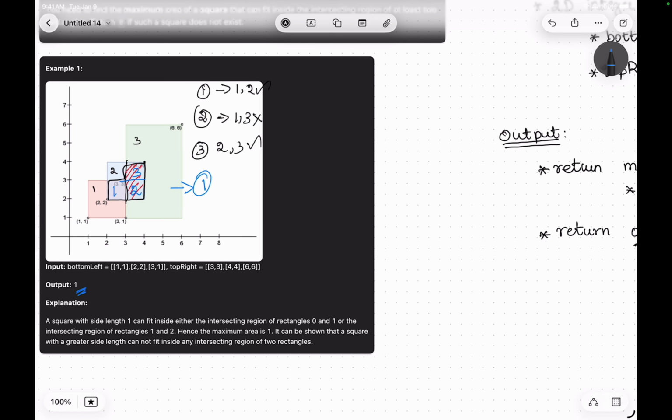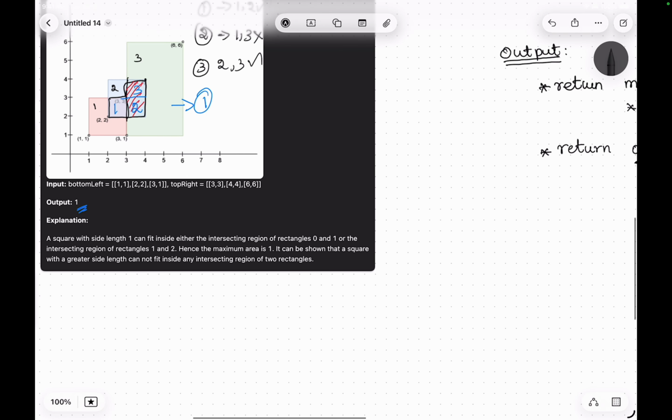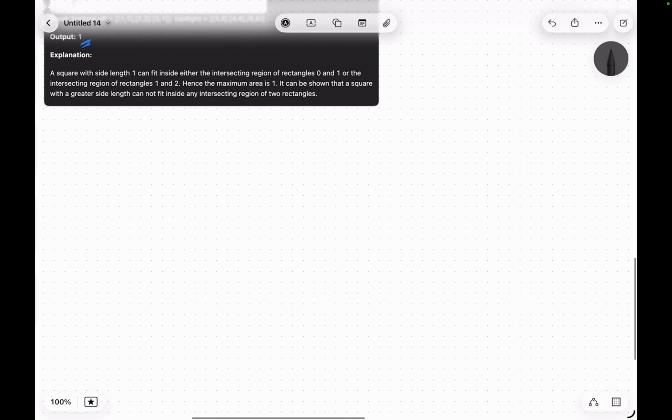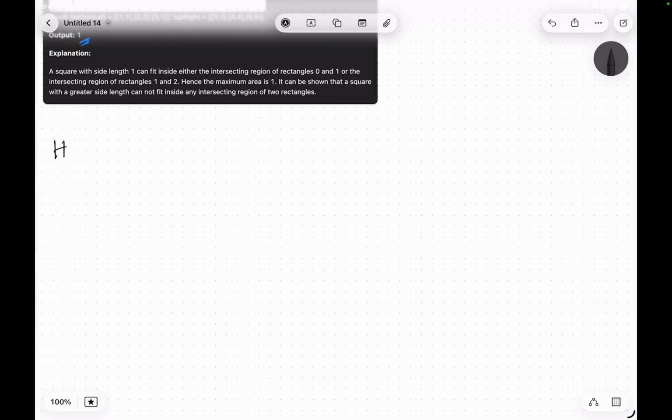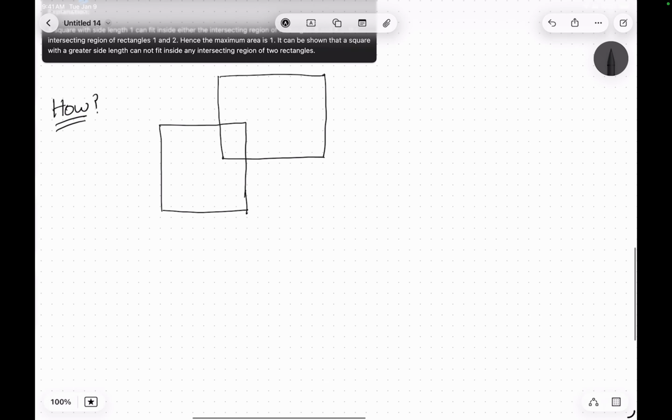So how can we solve this? Before solving that, let me consider two shapes so that we can find the intersection points, and then we can process it. So how do we solve, right? So we can consider two shapes, two rectangles, right? And this can be one more rectangle, right? So first we have to find the intersection